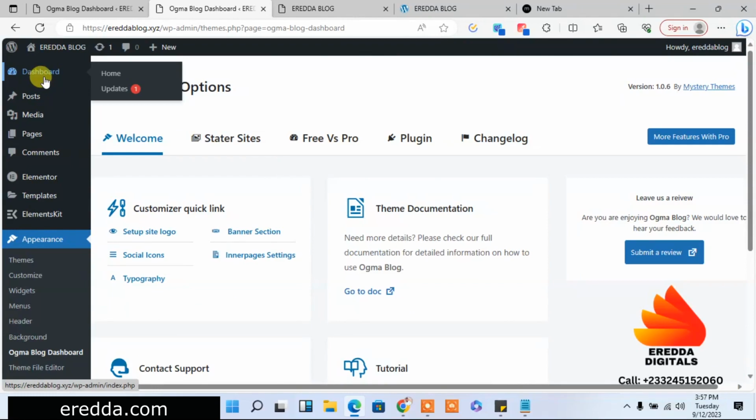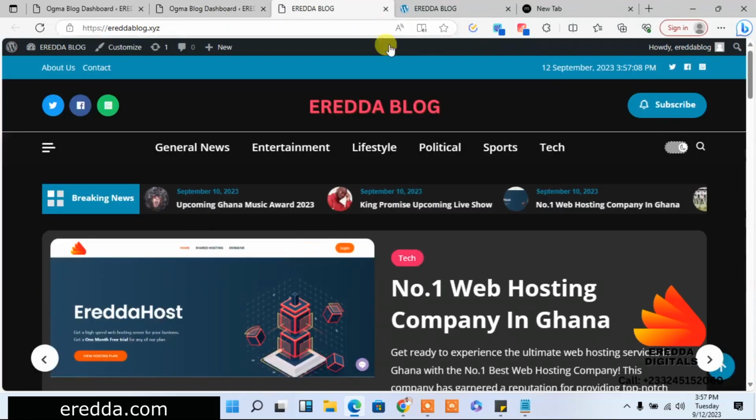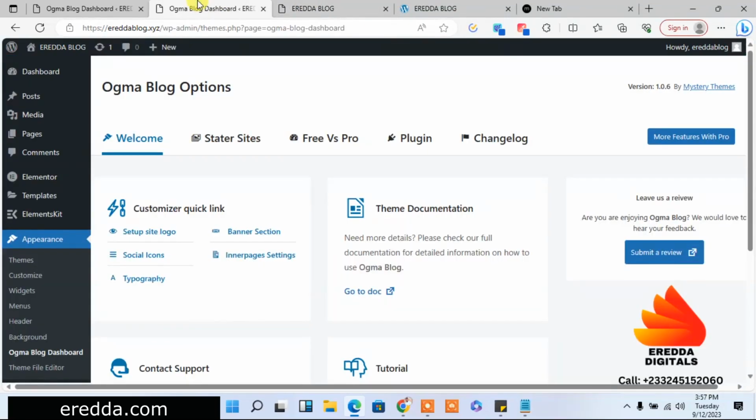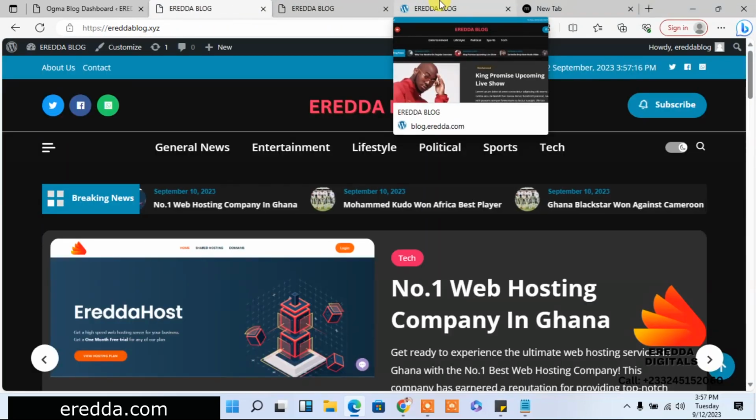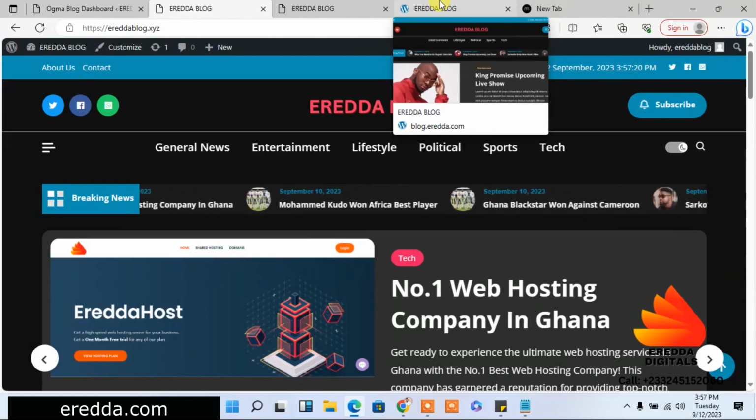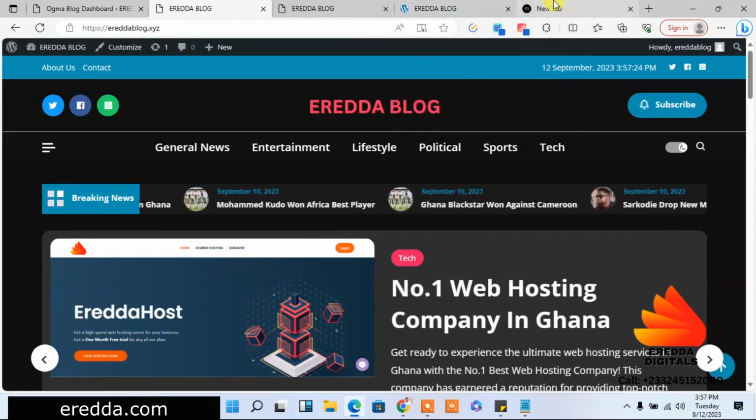So straight away, first of all, what we are going to do is let's go back to the front end here. So we are going to get a code. Okay, to get access to the code, go to